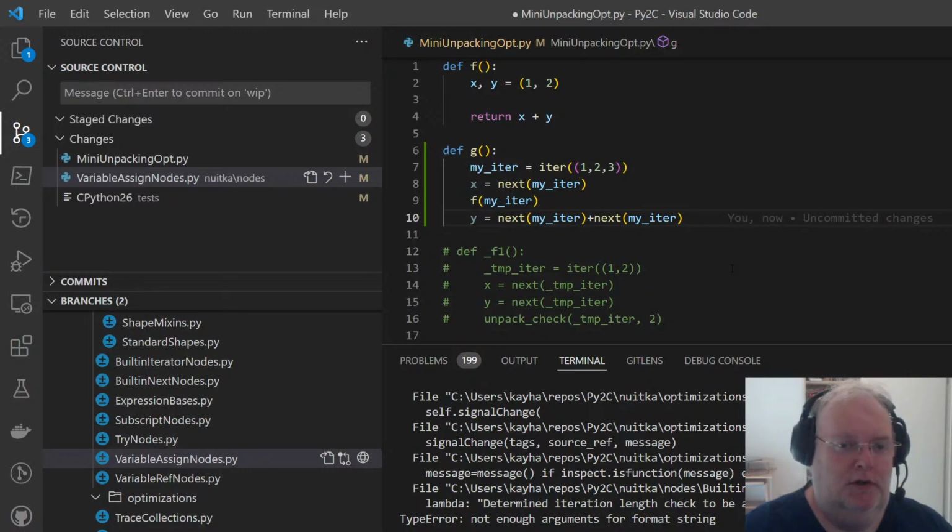I wonder if I should not make a next that is also an assignment. But for variable tracing, I think it's expecting assigned nodes. And for dropping value propagation and so on, they really want to be separate things.